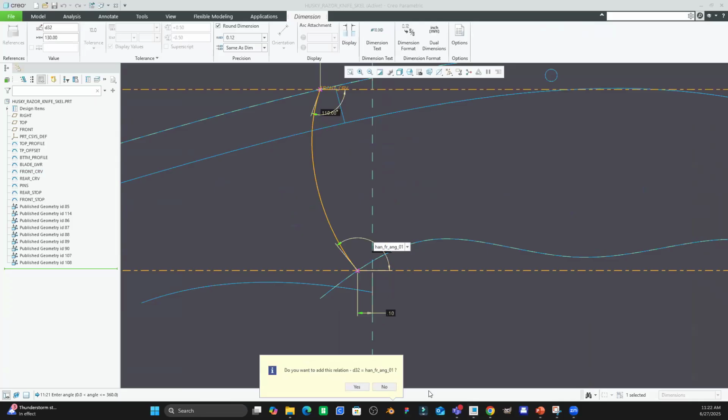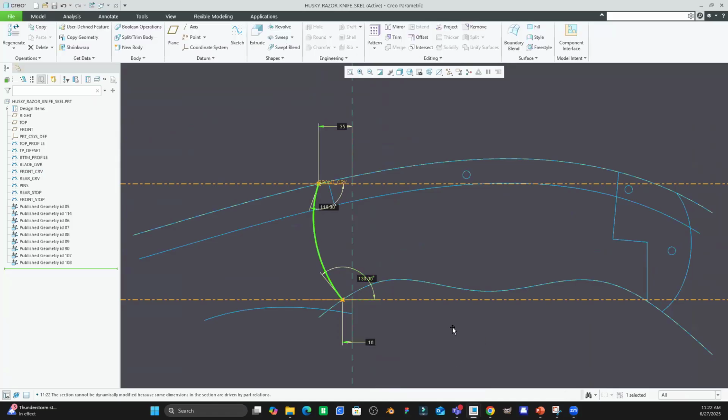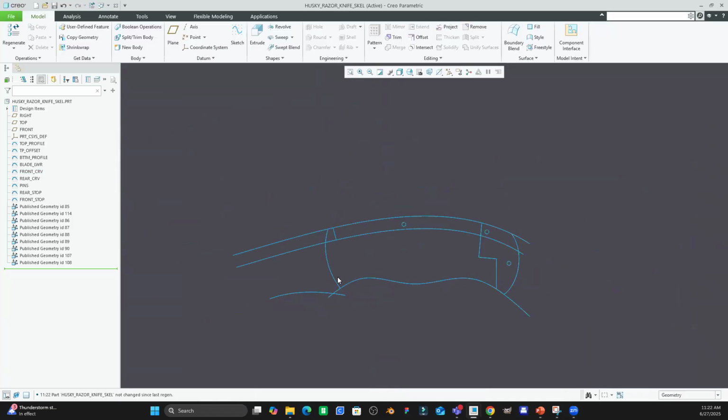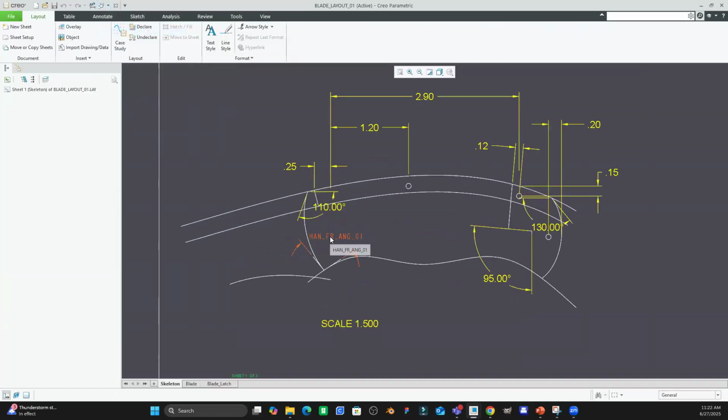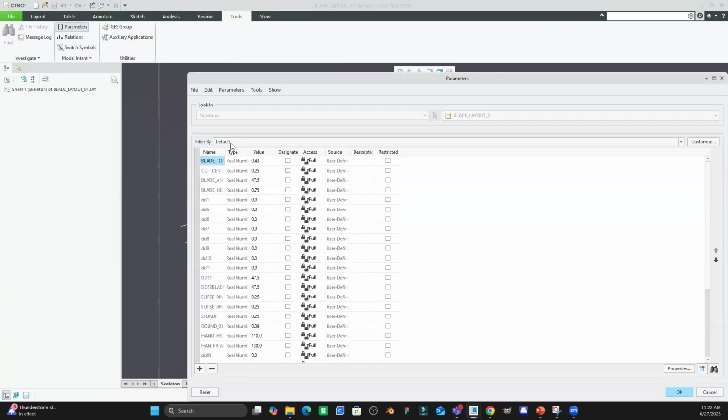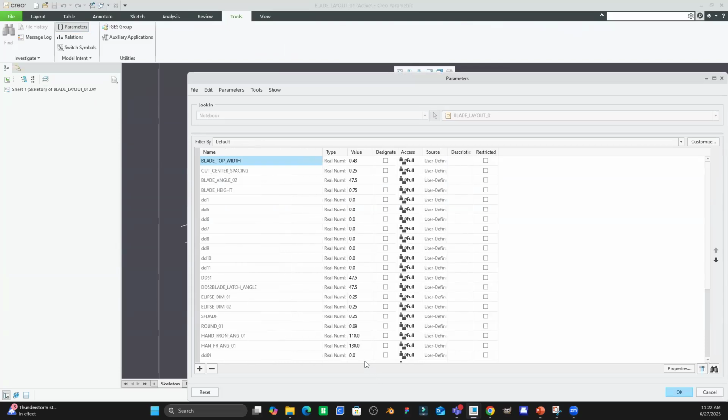Hit enter. Now it says, do you want to add this relation? I'll say yes. So now you can see that's driven from my layout. Let me go back here. So there's handle front angle 01. So now if I change this, if I go to my tools, parameters, it shows me what that dimension is. If I change this now to 110, for example,